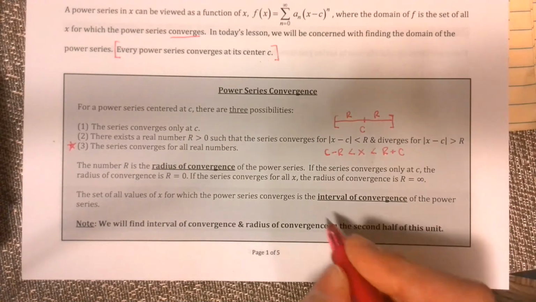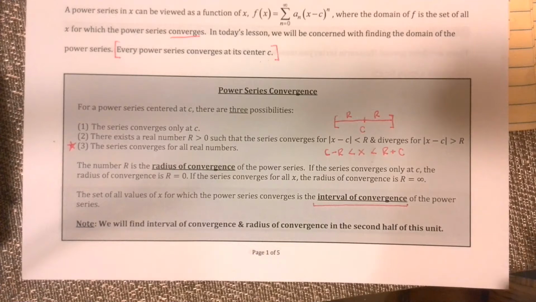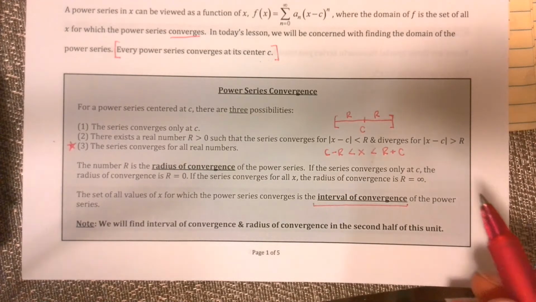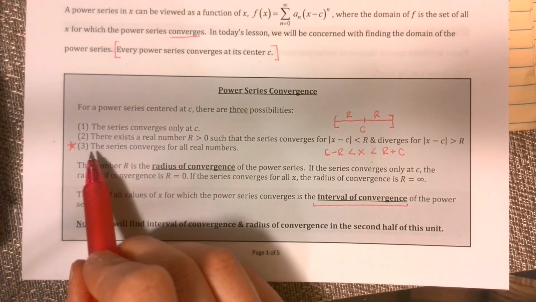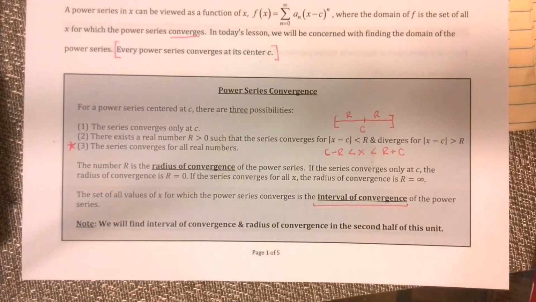And then later we'll talk about how to deal with the interval of convergence. But right now I just wanted to introduce this, kind of like we introduced error last time, because I want you to know that the series we're about to create actually fall under case 3. They converge for all real numbers. One other thing to remember